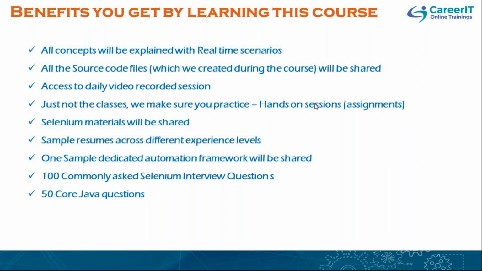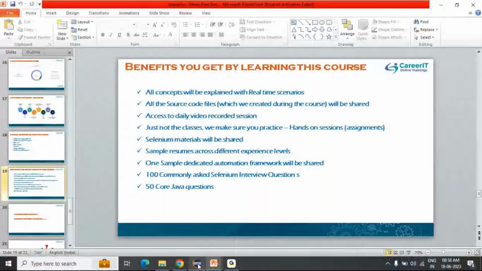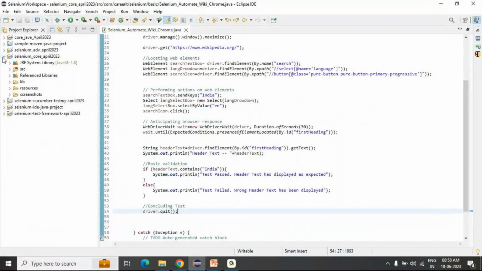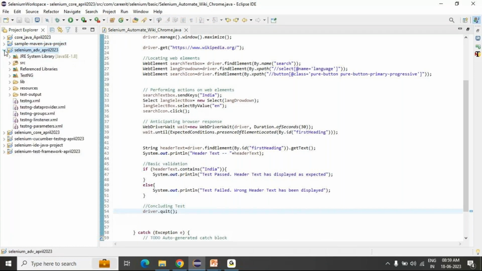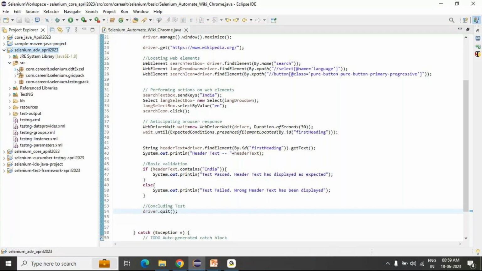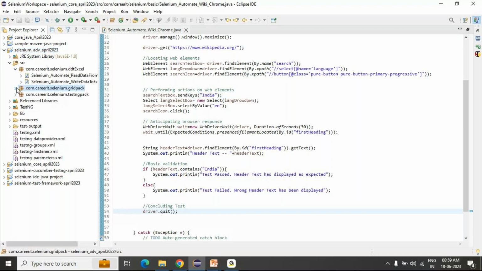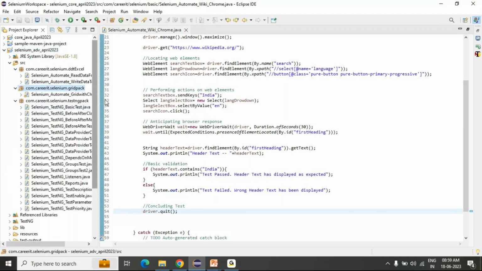If you see, as part of my previous batch, these many projects I created: core Java, sample Maven project, Java advanced. And if you go inside, these many classes and these many examples I have created, and I have explained all of this with these many examples.